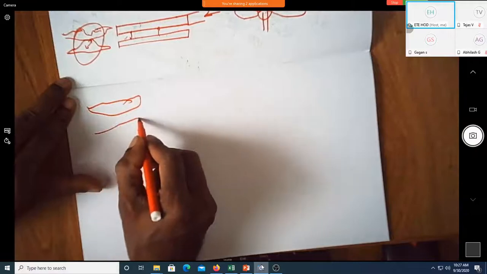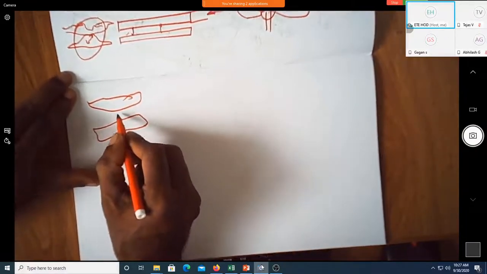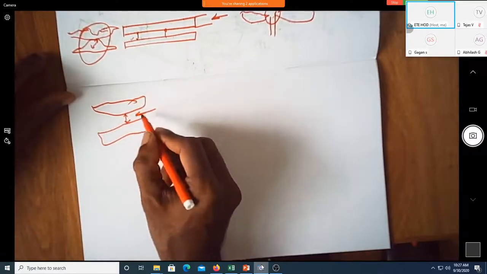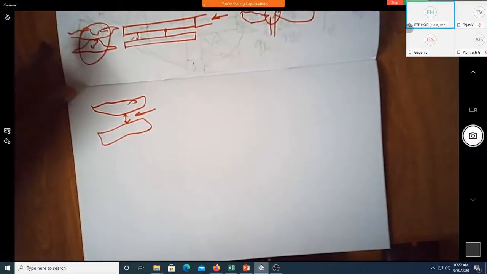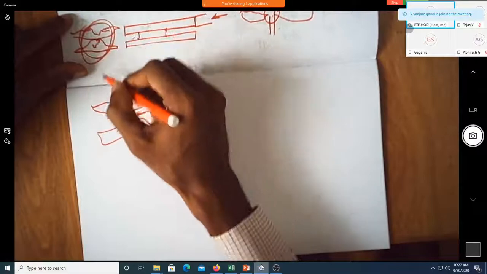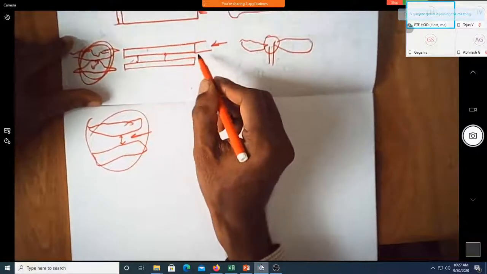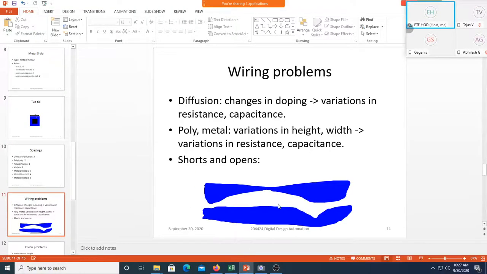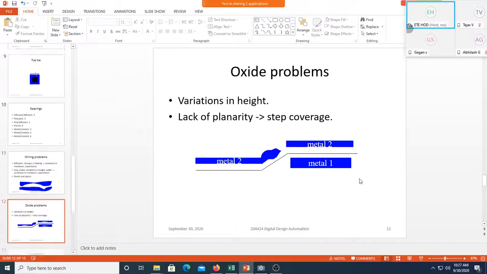Even though it is having a bulge, some minimum spacing is available, so you will not have a short. So in order to avoid all these difficulties, they go with minimum dimension for any layout. So that's what is being shown here. There can be shorts and open circuits if you're not carefully following the lambda based rules.